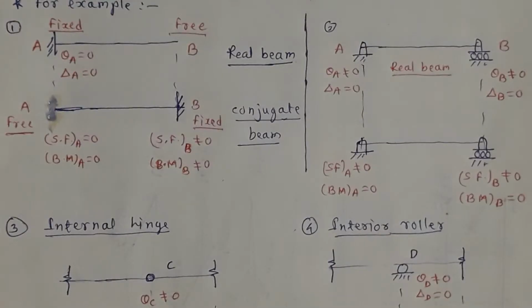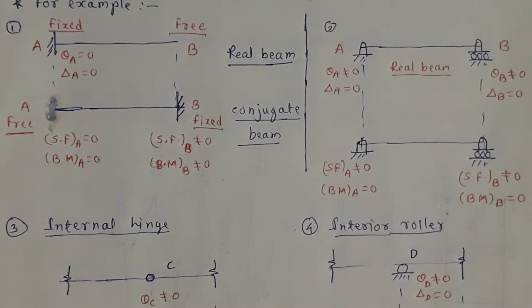As such, it is necessary to select support conditions for the conjugate beam so as to maintain the analogy between the beams. So this method, the conjugate beam method, involves considering the conjugate beam. And the conjugate beam, as I told you, has the same span as the real beam. The loading on the conjugate beam is the M upon EI diagram of the real beam, and the supports are to be changed. Why are the supports to be changed? In order to maintain the analogy between the real beam and the conjugate beam. Analogy in the sense that the slope and deflection in the real beam are equal to the shear force and bending moment respectively in the conjugate beam. So we'll have to maintain this analogy.